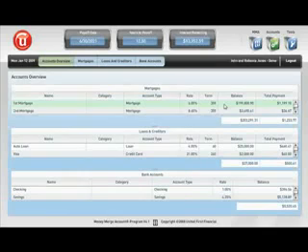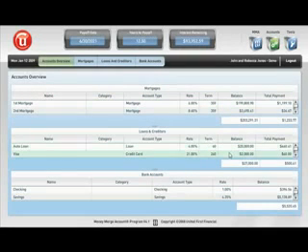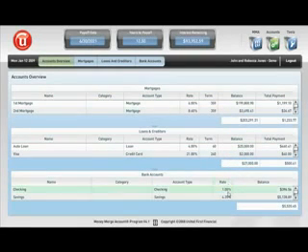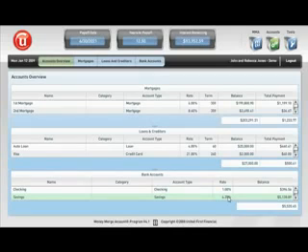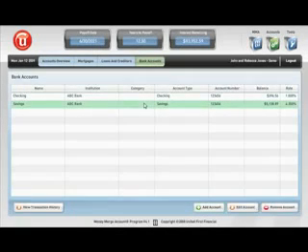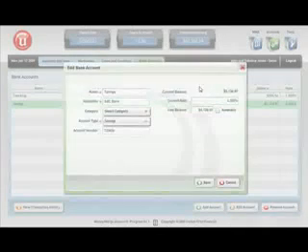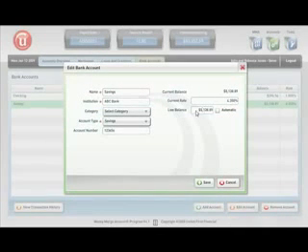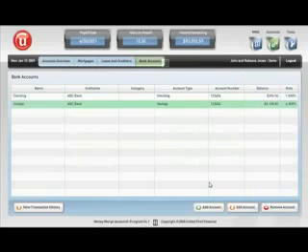all your accounts, such as mortgages, loans, creditors, and bank accounts. When a transaction is executed, the software automatically updates these balances for you. Let's click on Bank Accounts and edit our savings account. Let's say that John and Rebecca would like to save up to go on a nice family vacation. We can change the low balance to $10,000, meaning they want to have a minimum of $10,000 in their savings